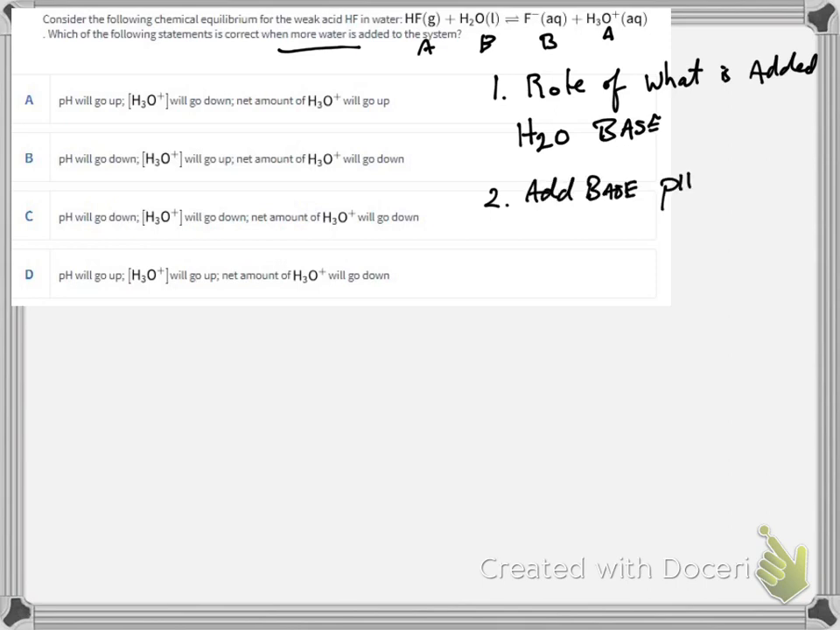So that's the first analysis, and we see that only A and D have that correct assignment. B and C are saying, oh, we're adding water, but we have an acidic solution, and it's getting more acidic if we add water. And B and C are wrong for that reason. So now we're deciding between A and D, and what's the difference? The difference between A and D is A says hydronium ion concentration will go down, and D says hydronium concentration